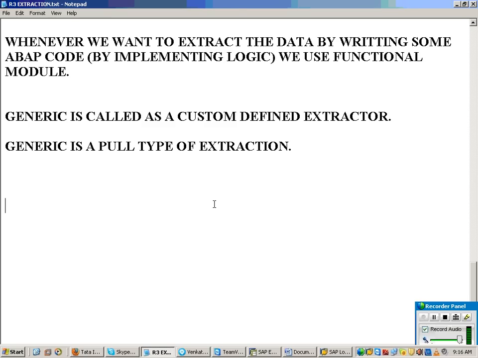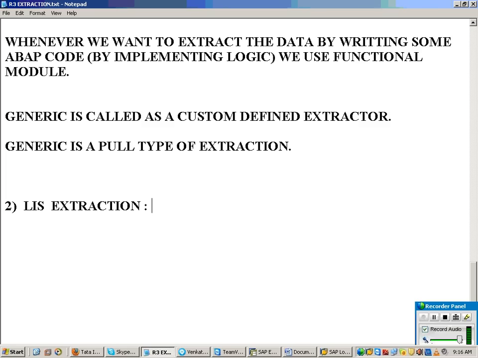So we move on to the second type of extraction now. The second type of extraction is called LIS extraction. LIS is outdated in 3.5 itself. In BIW 3.5 itself, no one was using LIS.